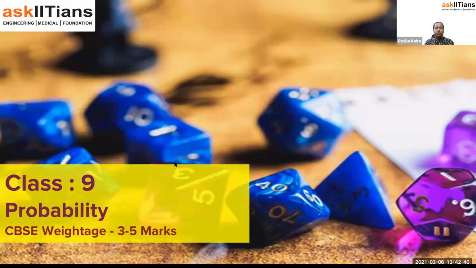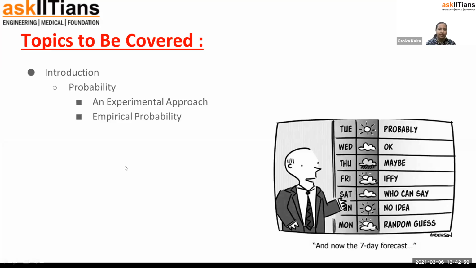All right. So this chapter basically consists of 3 to 5 marks in the CBSE exam, which is again very good marks for it, right? So we will be understanding this chapter. Let's look at the things which we will be learning. So first thing we will be talking about is an experimental approach, as in what's the probability, how do you do it. Then we will be talking about